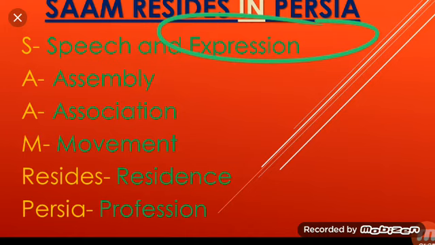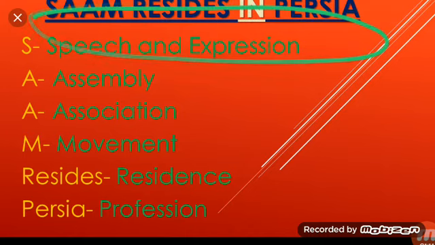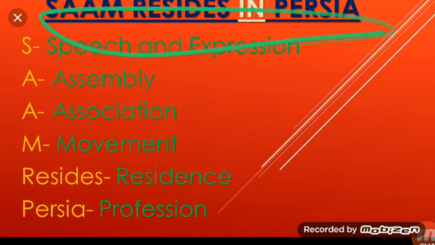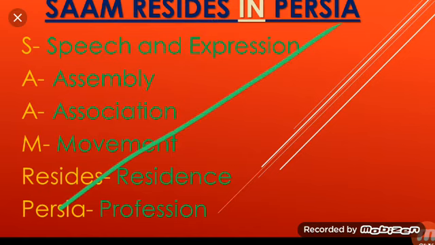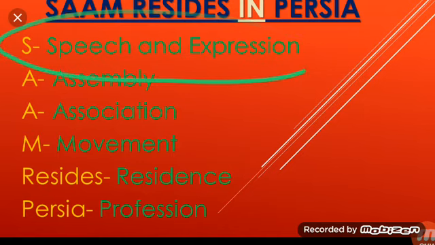So you have to remember this trick, and if you remember this trick, you will easily correlate the articles with that. So here we have to arrange these letters and these particular words that are highlighted here in a particular sequence. So here Sam resides in Persia, and as you can see, Sam and resides would be taken together, and Persia is here. So you have to remember these keywords related to this trick.